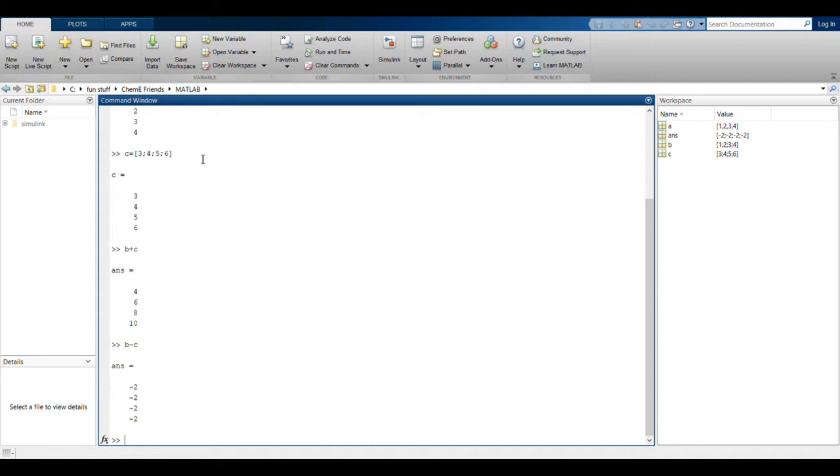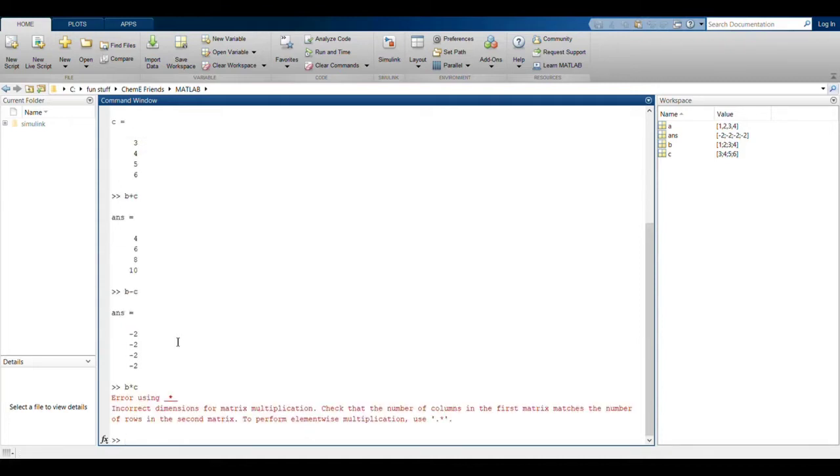We can't multiply between these two matrices because, as you can see, we have both a 4 comma 1 and a 4 comma 1 matrix. So matrix multiplication won't work. It will give an error because the dimensions of the matrices are not valid for matrix multiplication. However, what we can do is, if we want it to be multiplied column wise, or we